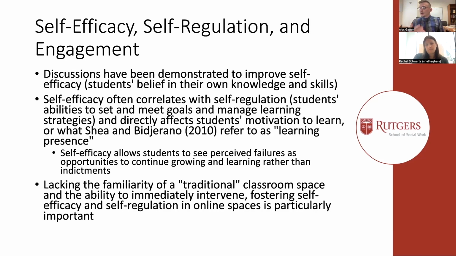So when we're talking about student engagement, the two or three primary things that really affect how students engage are self-efficacy, self-regulation, and also metacognition. And we're going to spend a few moments talking about these things. And again, the reason we're talking about these things is that when we talk about engagement and motivation and student success, that really comes down to self-efficacy and self-regulation. And I'll define those in a moment.